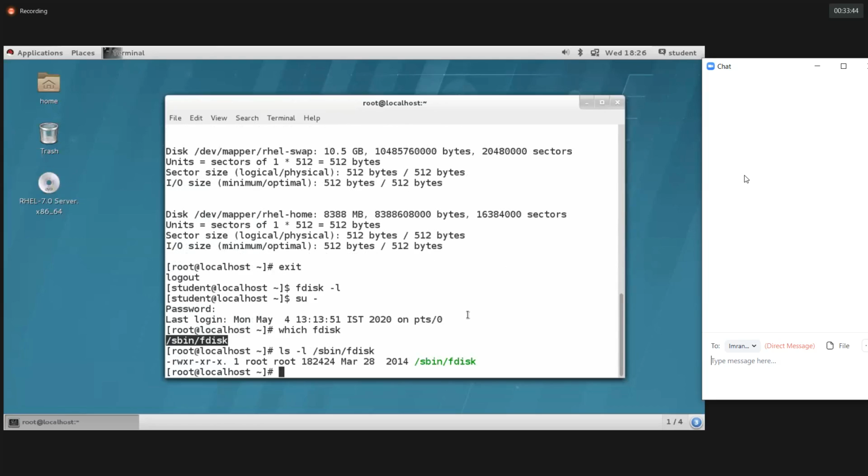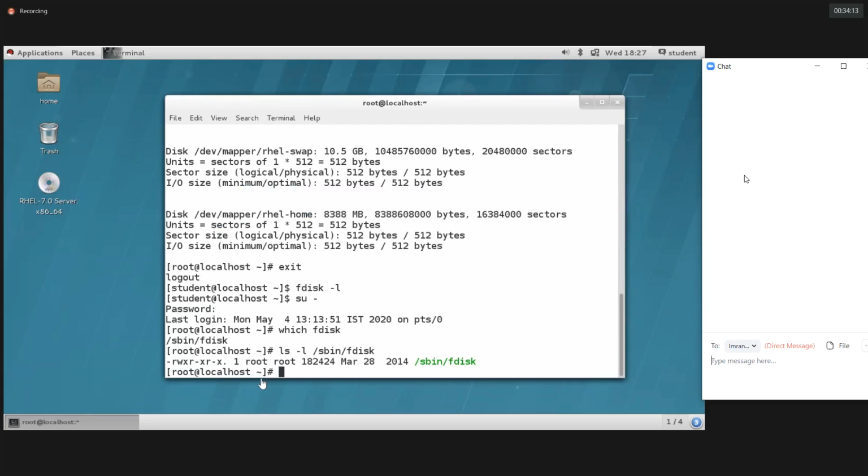So these are the properties of the file. Inside the sbin directory we have one file called fdisk. It has rwx for user, r-x for group, and r-x for other users. And who's the owner of this file? Root. And who's the group owner? Root. Clear? I hope you're clear.